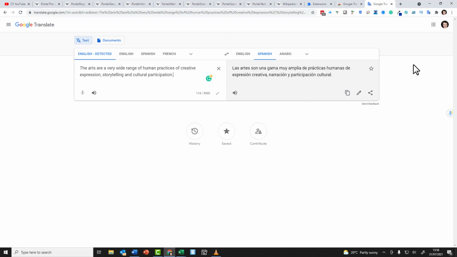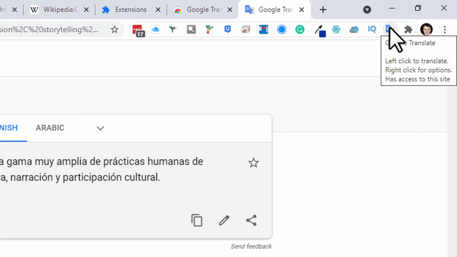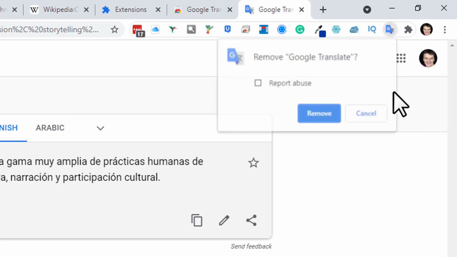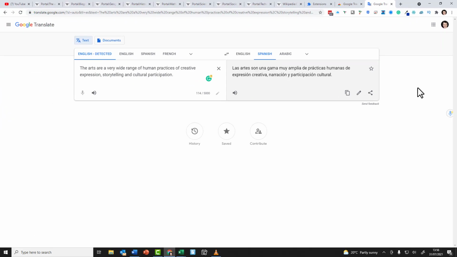Now, if I decide I didn't want to keep it, again, I can click on it. I'm clicking on the right button, okay, and I can click remove from Chrome. That's another way, and I'm going to click remove. So there you can see, by all means, have a look there and see which of those extensions you like,